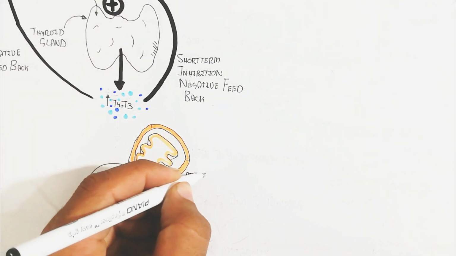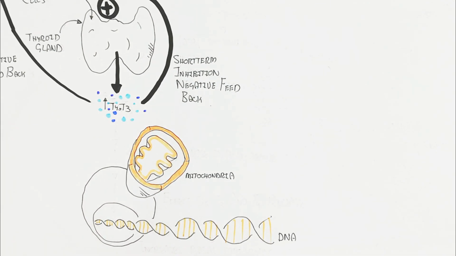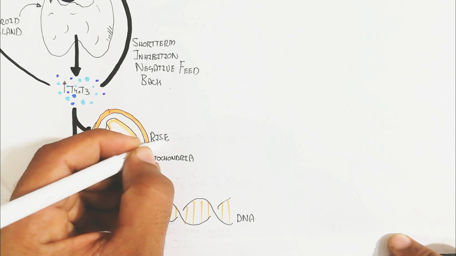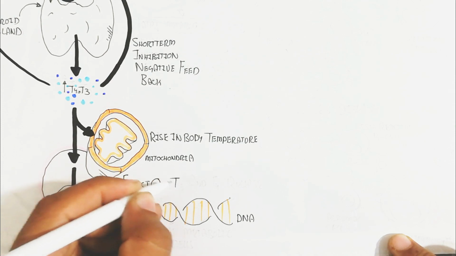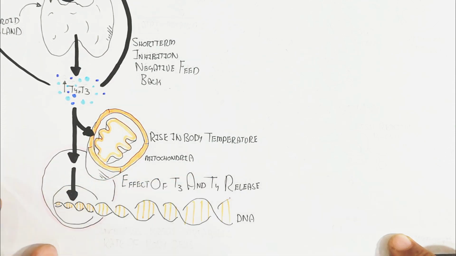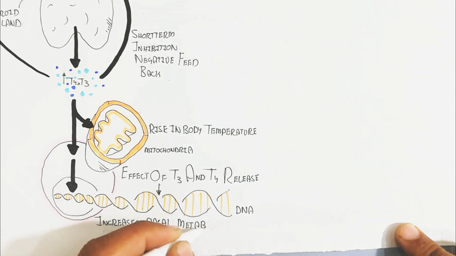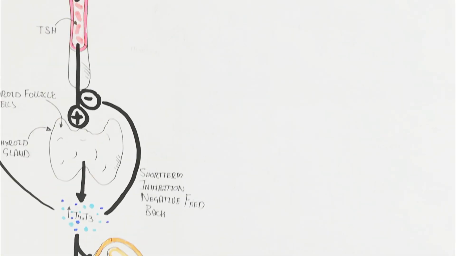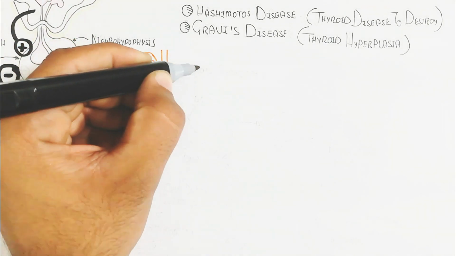Anyhow, let's understand about the function a little bit. This is a cell containing mitochondria, in the peripheral part of the cell, in a lot of types of tissue. T3 and T4 also trigger replication of the mitochondria and activation of the UCP1 gene to produce UCP protein for a rise in body temperature. The effect of T3 and T4 on the DNA leads to an increase in the basal metabolic rate of body cells. For example, normal metabolism like catabolism and anabolism is important